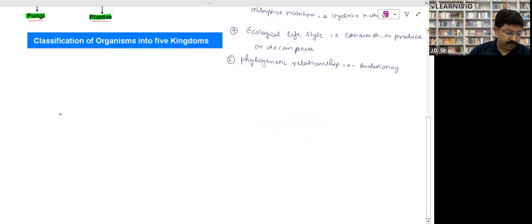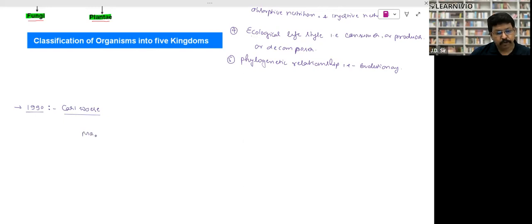This is the proposed system, so let me tell you. I have told you that this 5 kingdom classification system was given by R.H. Whittaker in 1969. In 1990, there was a person, his name was Carl Woese. Carl Woese said that